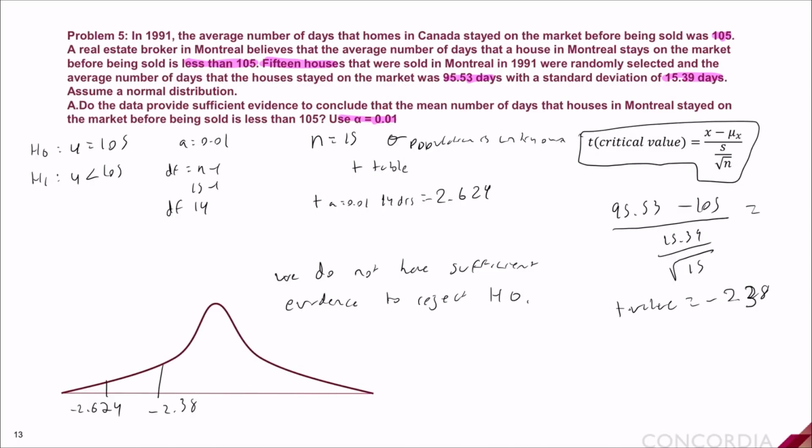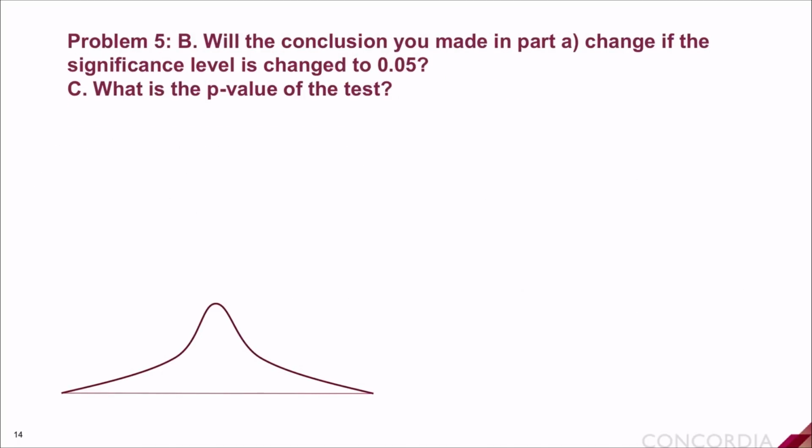Let us move on to problem 5b. Will the conclusion you made in part A change if the significance level is changed to 0.05? And C, what is the p-value of the test? So for part B, all you have to do is change your cutoff point. We found the cutoff point for 0.01 and 14 degrees of freedom. Now for B, we have to find the t-value equivalent to an alpha of 0.05 and 14 degrees of freedom,